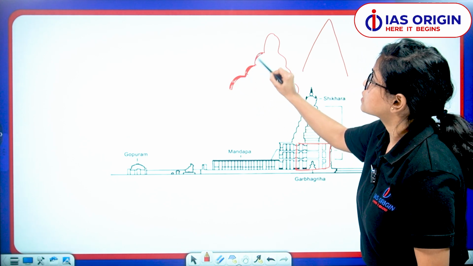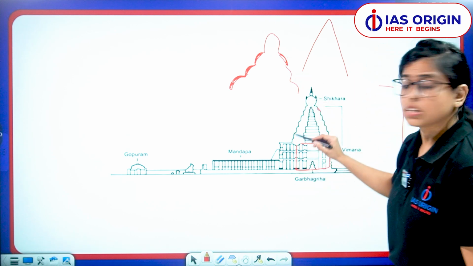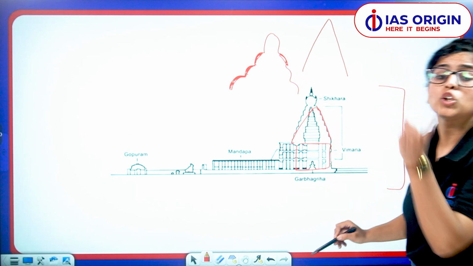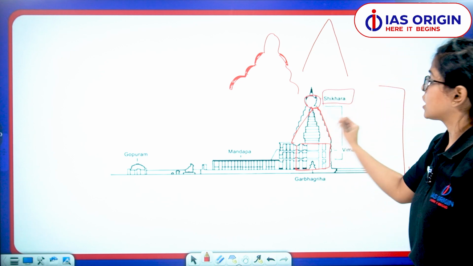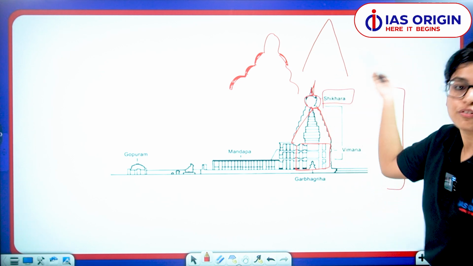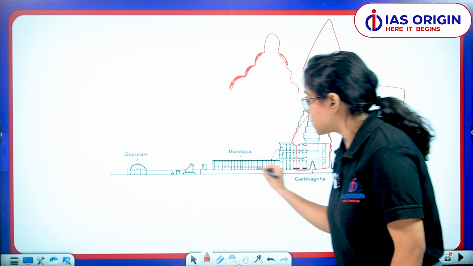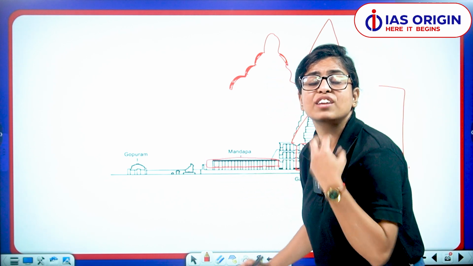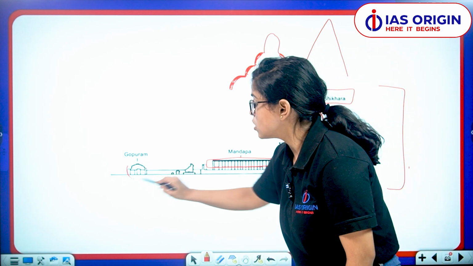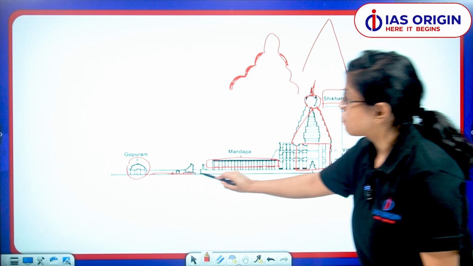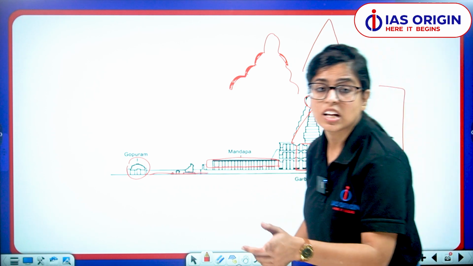Sculptures बने हुए हैं इस पे on these walls. So this is a Vimana and on the top of Vimana जहाँ Amalaka रहता था, this octagonal shape is the Shikhar and the crowning element Dhwaj or the flag is there. Now here Mandapa is very large. The hall where worshippers pay tribute to the deity, that is very long and this is the Gopuram. Now here as I said, compound is very large for the cultural activities.